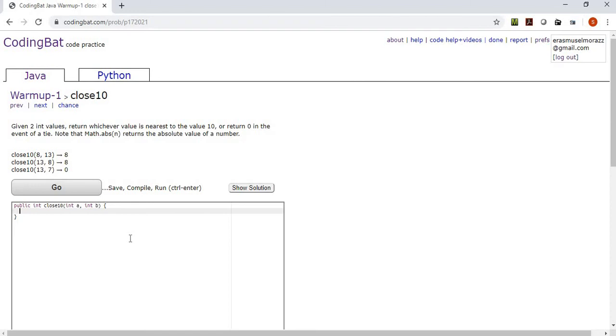Let me see. So if Math.abs(a minus 10), actually, we've got a and b, is equal to Math.abs(b minus 10), return 0, else,